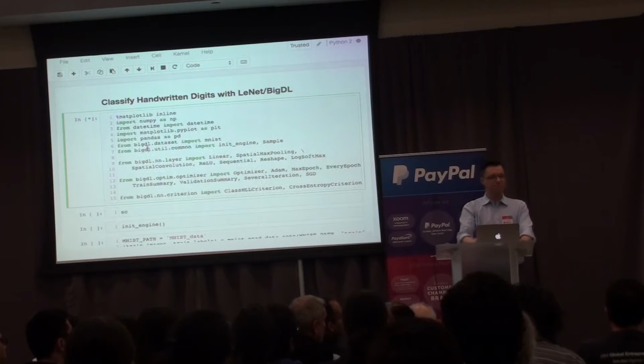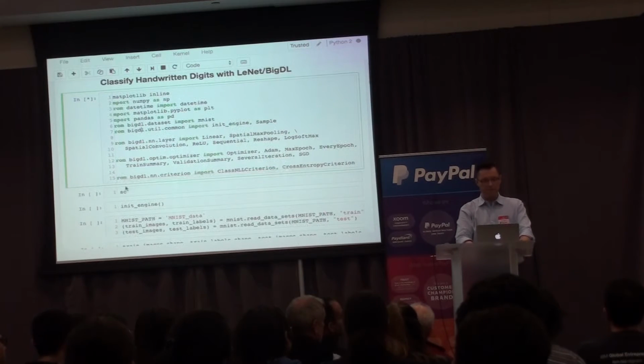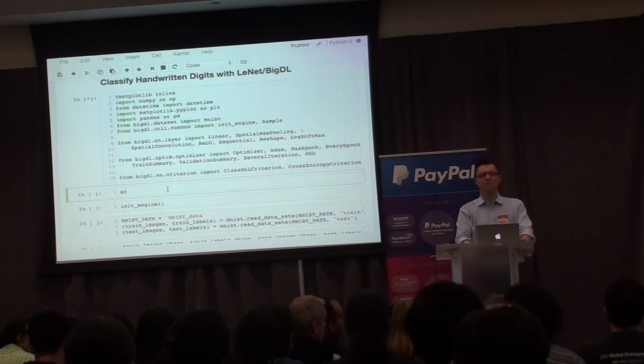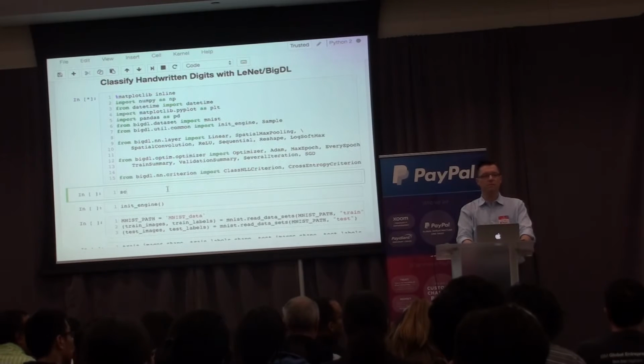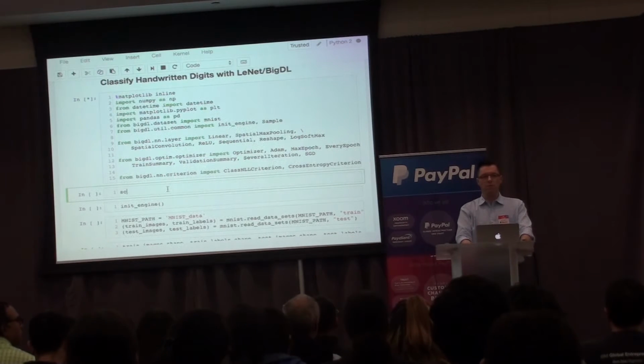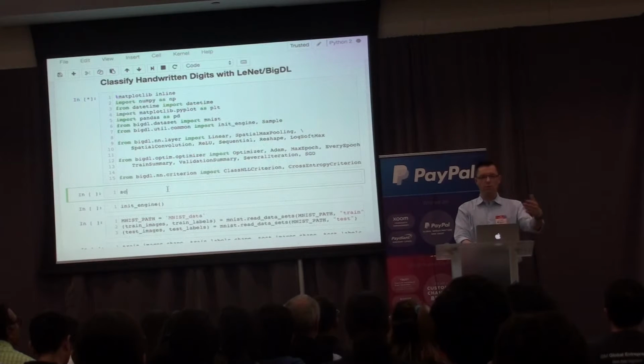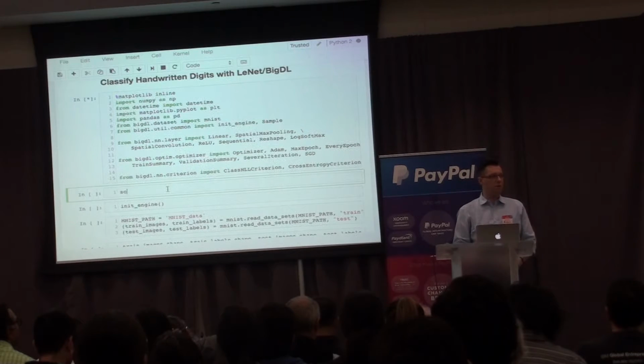Cool. Spark is a distributed data processing framework, so you can do Hadoop-like MapReduce, but all in memory. So Spark is a replacement for Hadoop MapReduce. Actually, it's a replacement for Storm, which was a replacement for Hadoop MapReduce. So it's a big data processing framework, which is currently getting